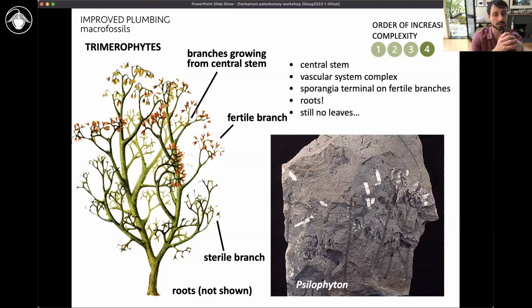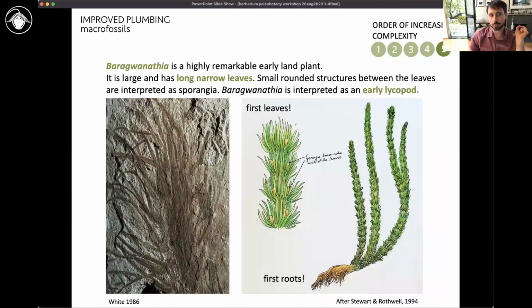These here at least also would produce roots. So roots evolved in the trimerophytes as well, but still no leaves. And now I want to bring your attention to a group called lycophytes that today are represented by club mosses, quillworts, and spike mosses. This group had one representative very early on called Baragwanathia, and it